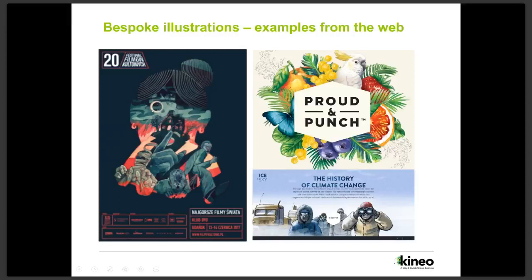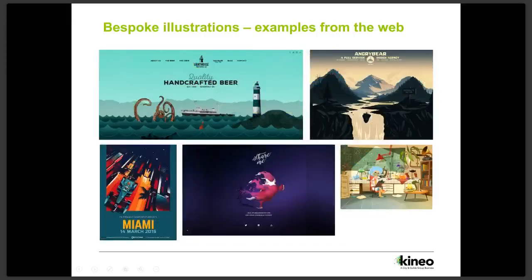So you can see, using bespoke illustrations, how quickly it changes something. Where we had the duotone that was used to change photographic images, here you can just open it up to anything. It's your imagination, basically.